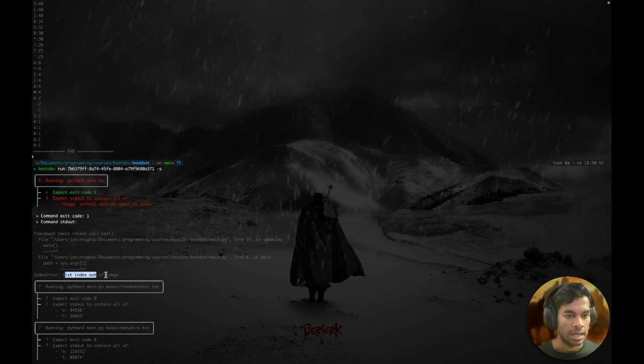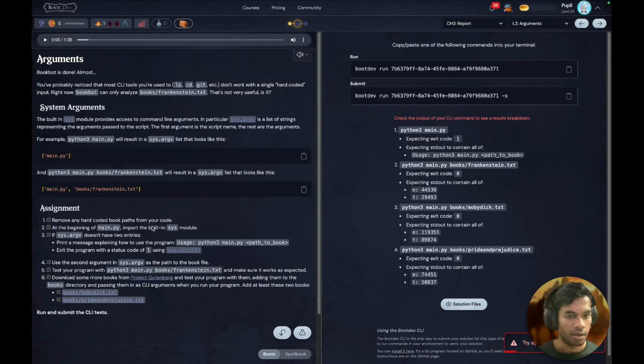There are errors. Why? It is in both of these. What is the problem? Is it because there is no space after that? Main.py. Shit, if that was the problem, then